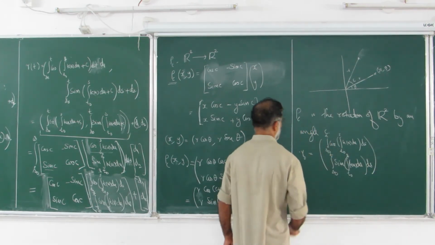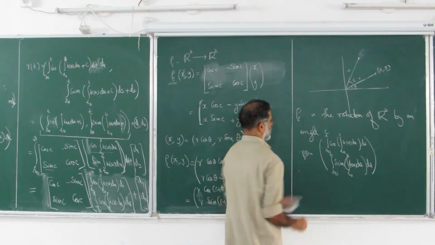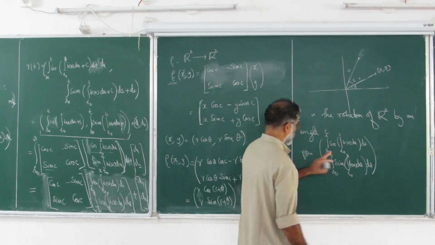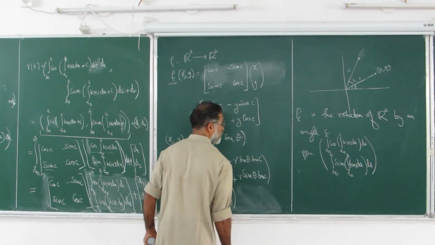And this gamma naught(s), first coordinate and second coordinate, is also a curve such that